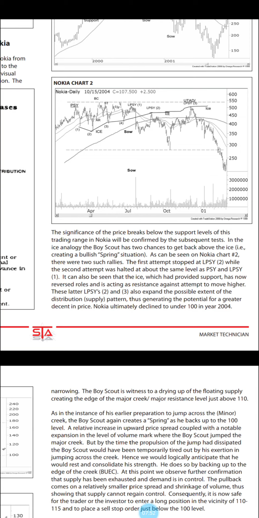So the significance of the price breaks below the support levels of this trading range in Nokia will be confirmed by the subsequent test. In the ice analogy, the Boy Scout has 2 chances to get back above the ice, i.e. creating a bullish spring situation, as can be seen on the Nokia chart number 2. There were 2 such rallies. The first attempt stopped at,